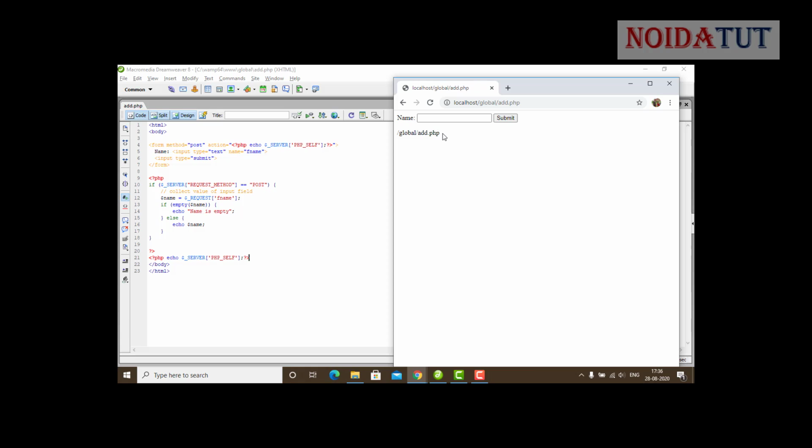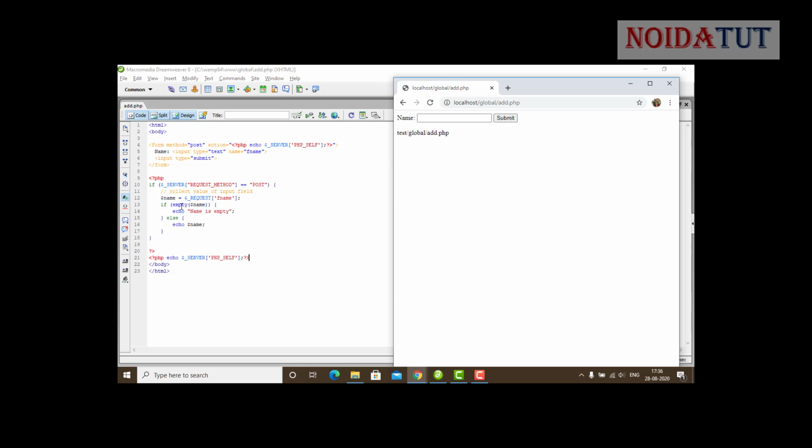When we press the submit button, this will move to this file. You can see that we are just looking for a value. When we enter the value, suppose we have entered test, this is the test which was entered.